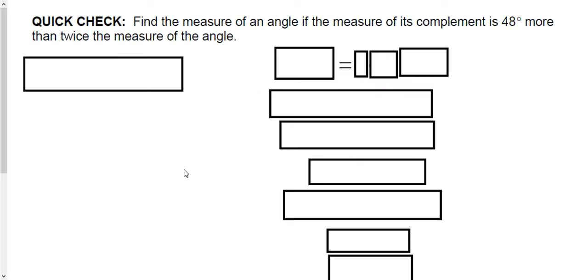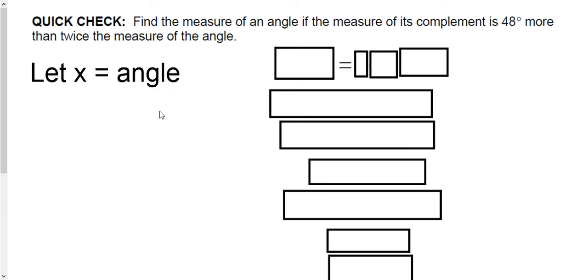Should get the hang of this after a little while. Let's see. So find the measure of an angle. All right, what are we going to let the angle be? We're going to let it be x. If the angle is x, then its complement would be what? 90 minus x. Is equals